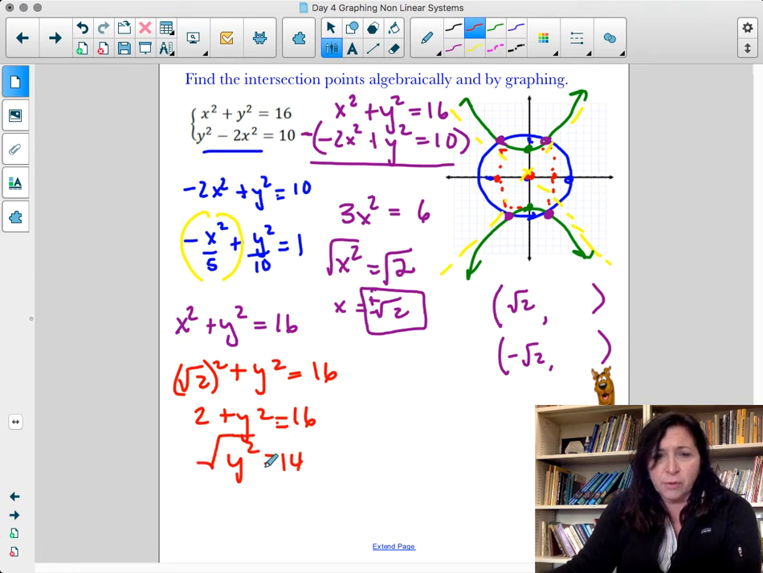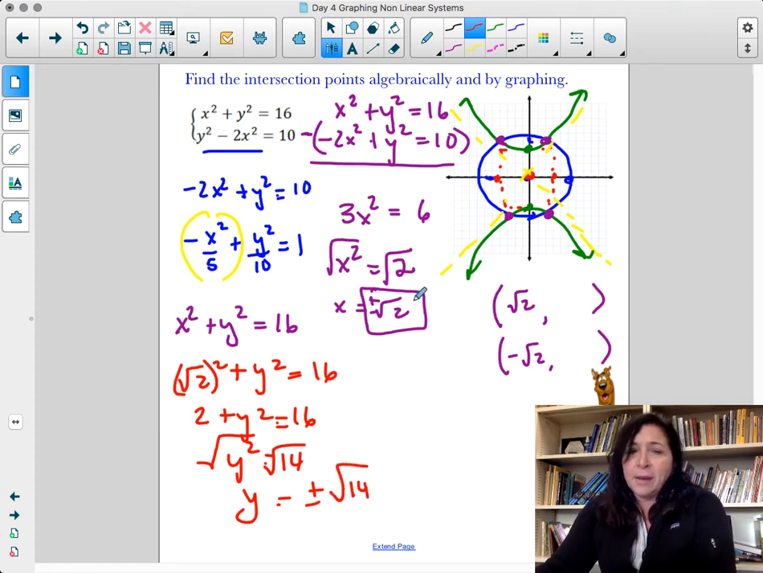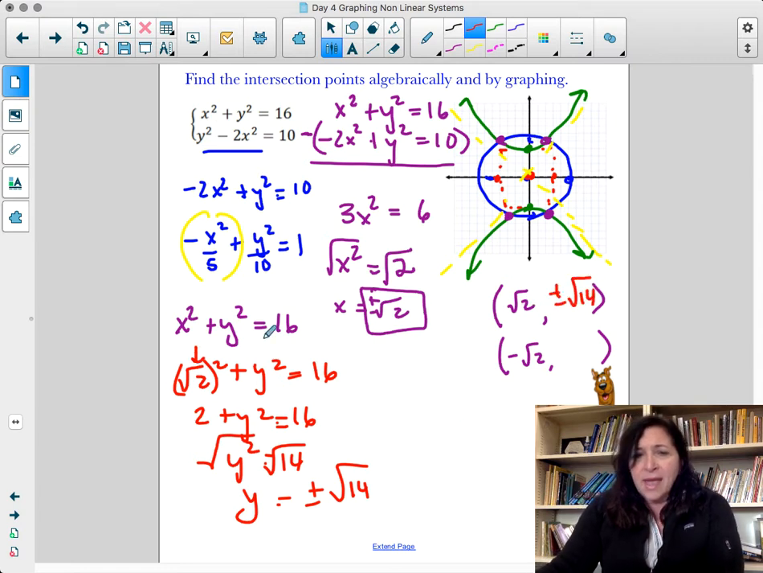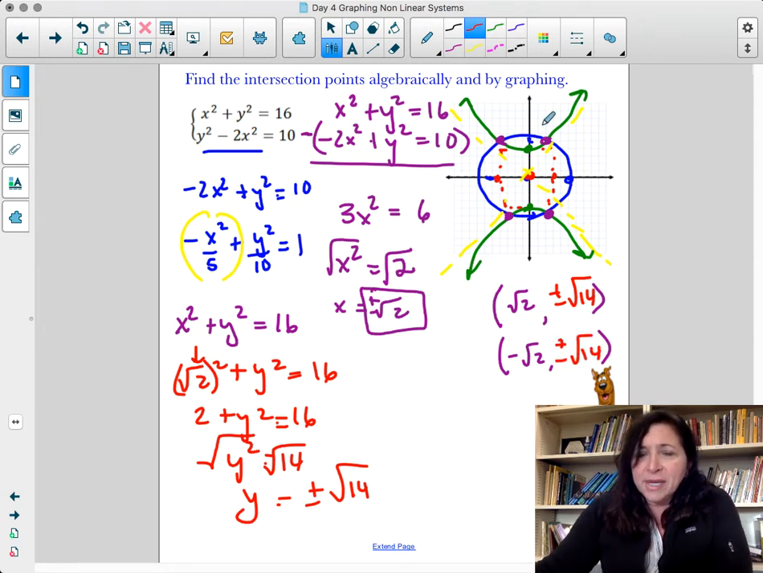I take the square root of both sides. I get y equals plus or minus the square root of 14, which means that when I plugged in positive root 2, I got 2 answers. I got a positive and a negative root 14. And when I plug in negative root 2, I'm also going to get a positive and negative root 14, which means that these are my